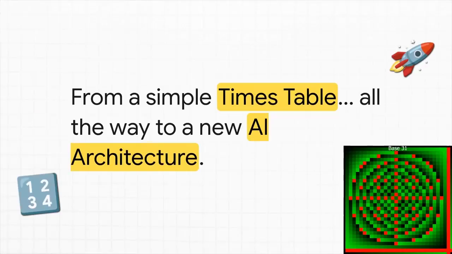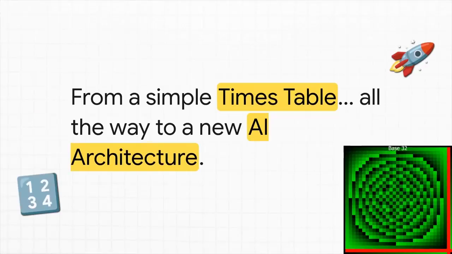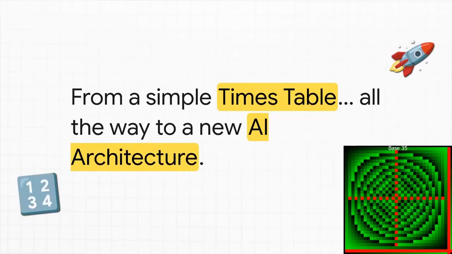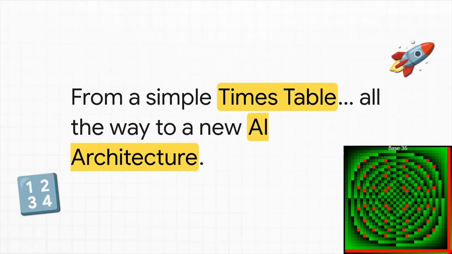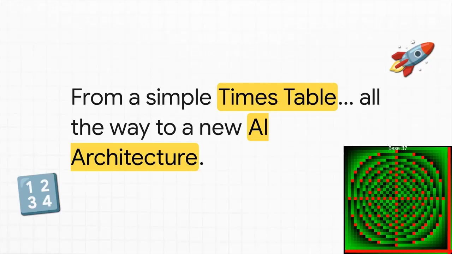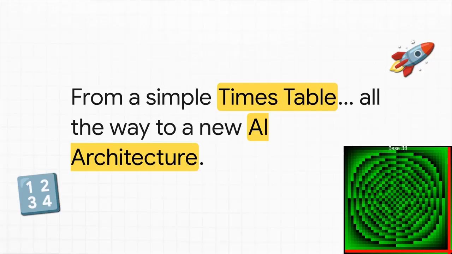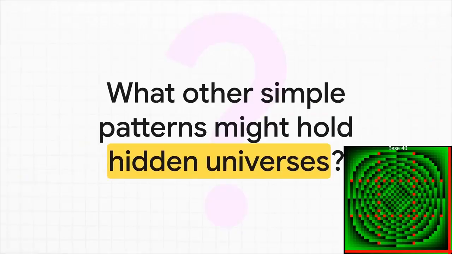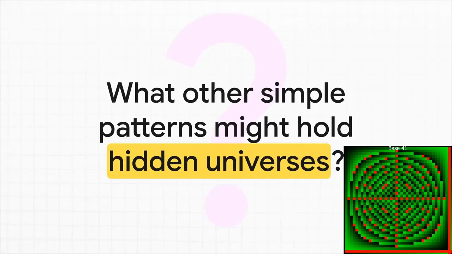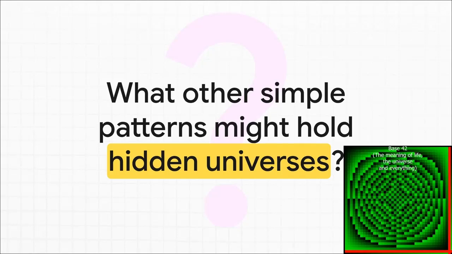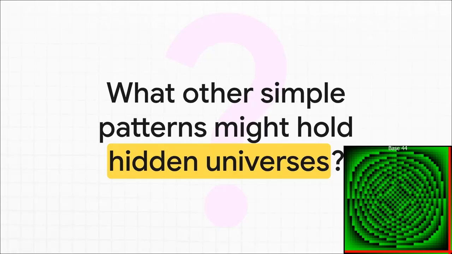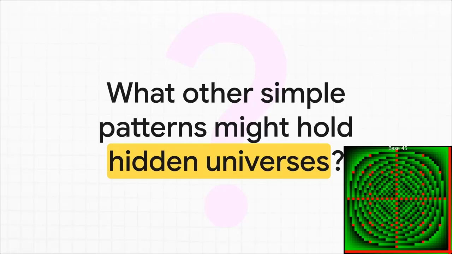I mean, let's just pause for a second and appreciate this journey. We started with a third-grade times table. We applied one simple trick, the digital root, and we followed that thread from a beautiful picture to a philosophical language and all the way to a potential new architecture for artificial intelligence. It's pretty incredible. And that really just leaves us with one final kind of mind-bending thought. The fractal of Senezi was hiding in plain sight, right inside the simplest math we all learn. It just makes you wonder, what other simple patterns, what other forgotten corners of basic arithmetic might be holding their own hidden universes, just waiting for someone to